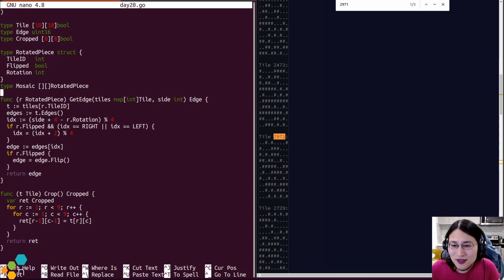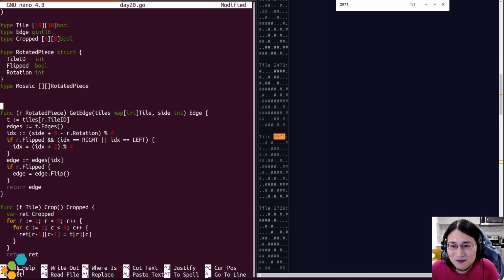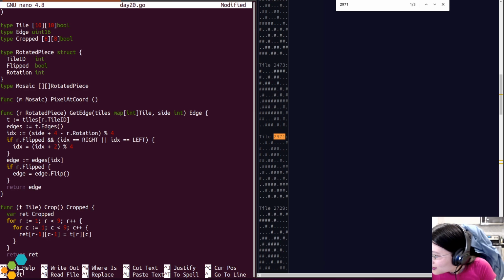So for the mosaic, pixel add chord RC int.